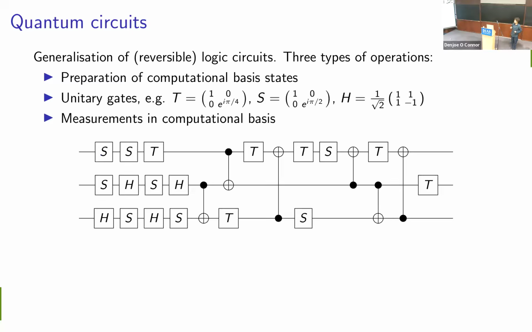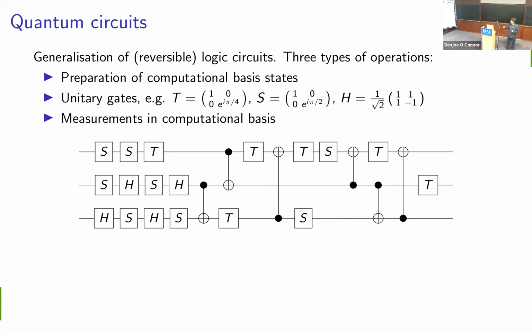So here's an example of one of these circuits. We've got these three wires that run horizontally through the circuit. These are 3 qubits. And each of these boxes with a letter is one of our single qubit gates. And these lines connecting 2 wires are 2 qubit gates. In this specific case, they're controlled NOT gates. So they're actually a classical reversible gate that we could also use if we're doing computation on bits.